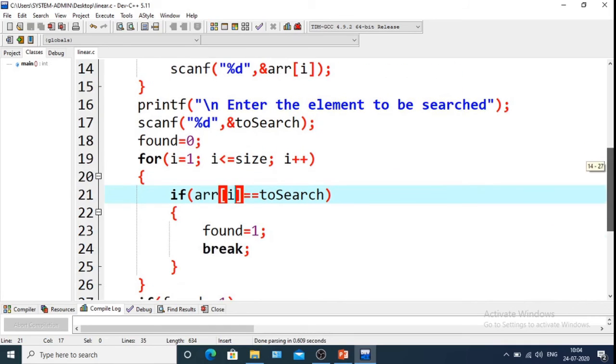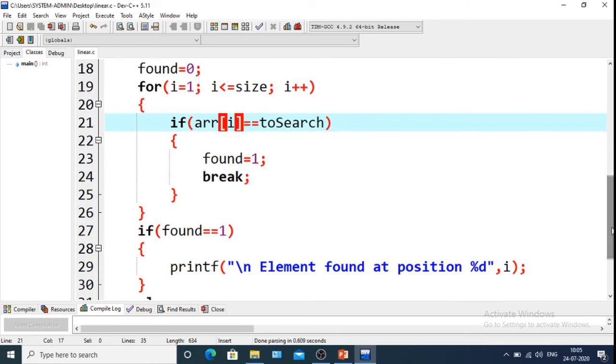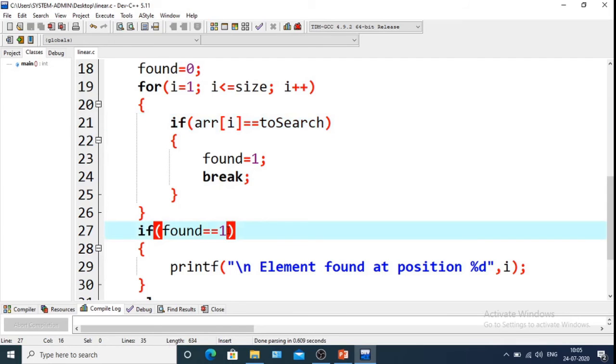So if we find our searching element at the first position, the value of found will be 1 and the break statement will bring it outside the for loop, so it will not check any element from the second position. Now the value of found is 1, so we can say the element is found at position I, because that is the last one we checked.